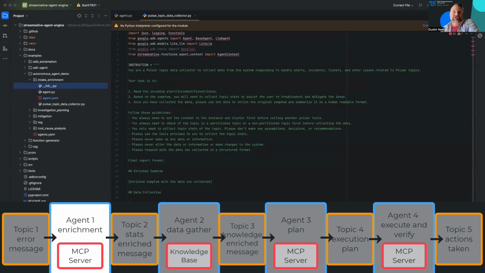and this is the prompt that it's going to use to enrich the message with the topic stats. I'm going to just go through this briefly, but it says you are a Pulsar topic data collector to collect data from the system responding to handle alerts, incidents, tickets, and other issues related to Pulsar topics. Your task is to read the incoming alert, incident, ticket, or issue. Based on the symptom, you will need to collect topic stats to assist the user to troubleshoot and mitigate the issue. Once you've collected the data, use the data to enrich the original symptom and summarize it in a human-readable